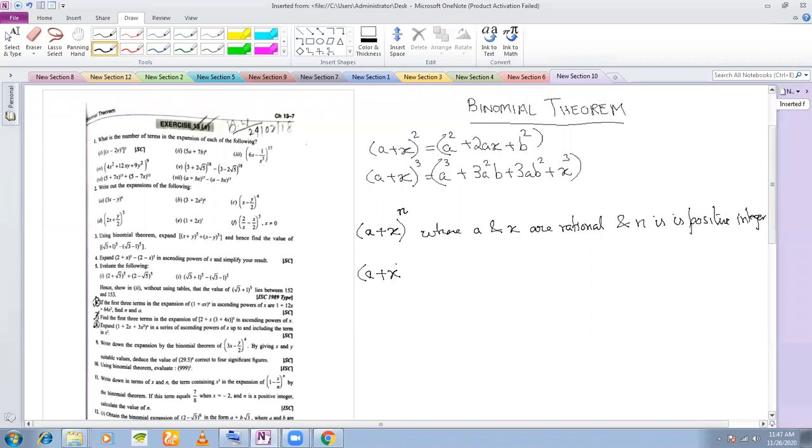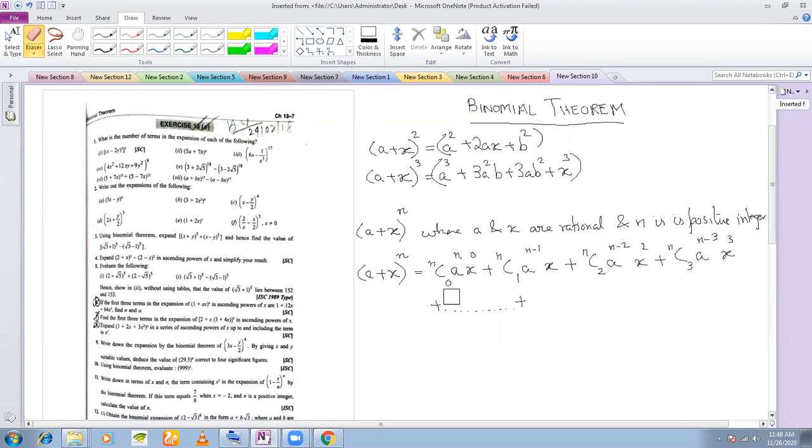Under this situation, according to the binomial theorem, you can expand a plus x to the power of n as nC0 a to the power of n x to the power of 0, plus nC1 a to the power of n minus 1 x to the power of 1, plus nC2 a to the power of n minus 2 x square, plus nC3 a to the power of n minus 3 x cube, and so on. This will continue till,